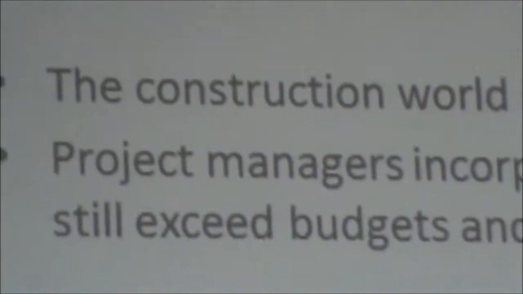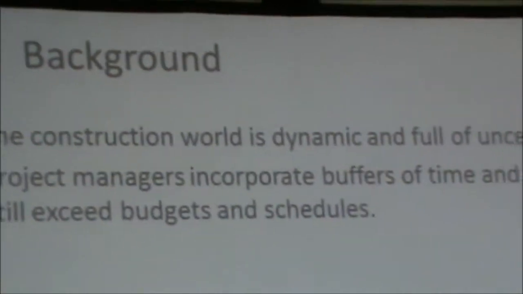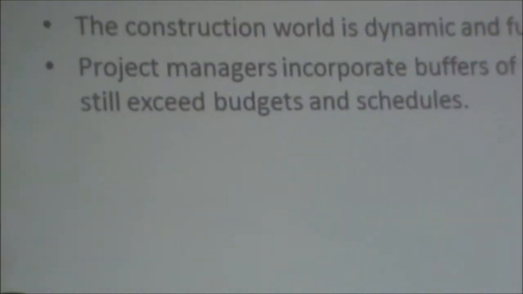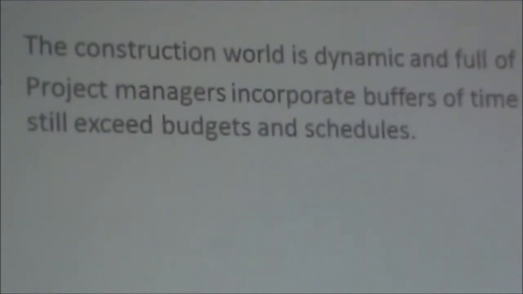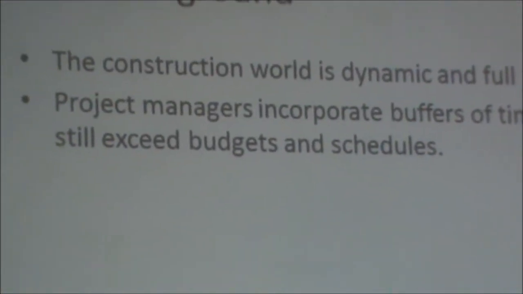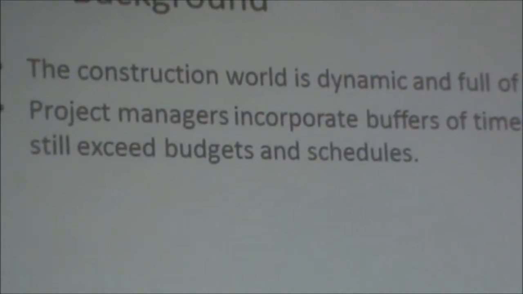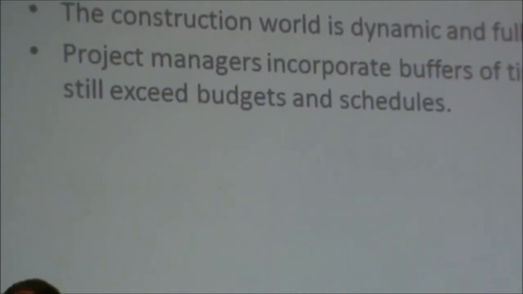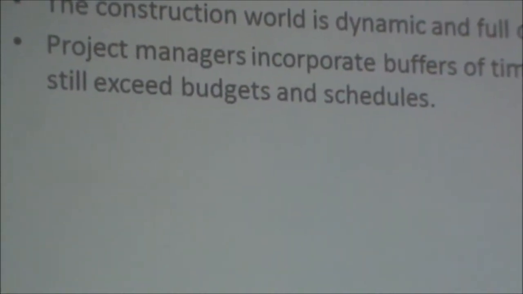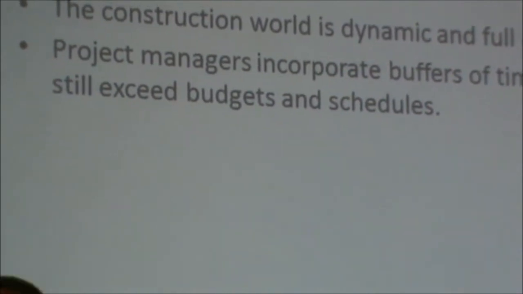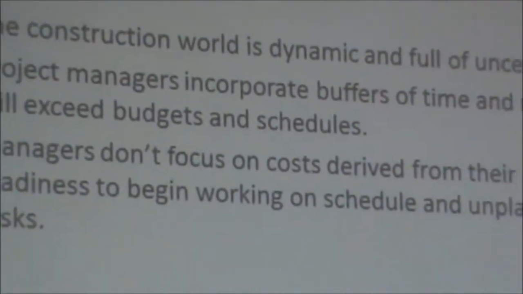So here's the background. We all know that the construction world is dynamic and full of uncertainty. We don't always know what's going to develop. And the result is that project managers are building buffers of time and money. So always a project manager, or a contractor, when they're asked to estimate how much something will cost, they'll say, well, 60, but let's say 80 to be sure, so we don't have to risk. And the same for the time, we'll add on some days or months or weeks, and in general these become self-fulfilling prophecies, right? It's partly because we don't